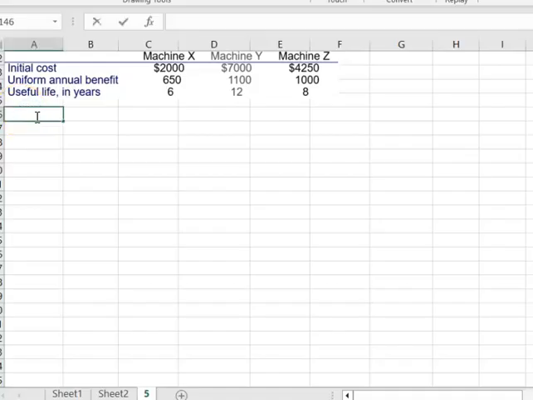As I told you, we need to have interest. We have, let's put it, machine X, EUA, machine Y, and machine Z. Okay, what interest rate are we going to work on? We are going to work on